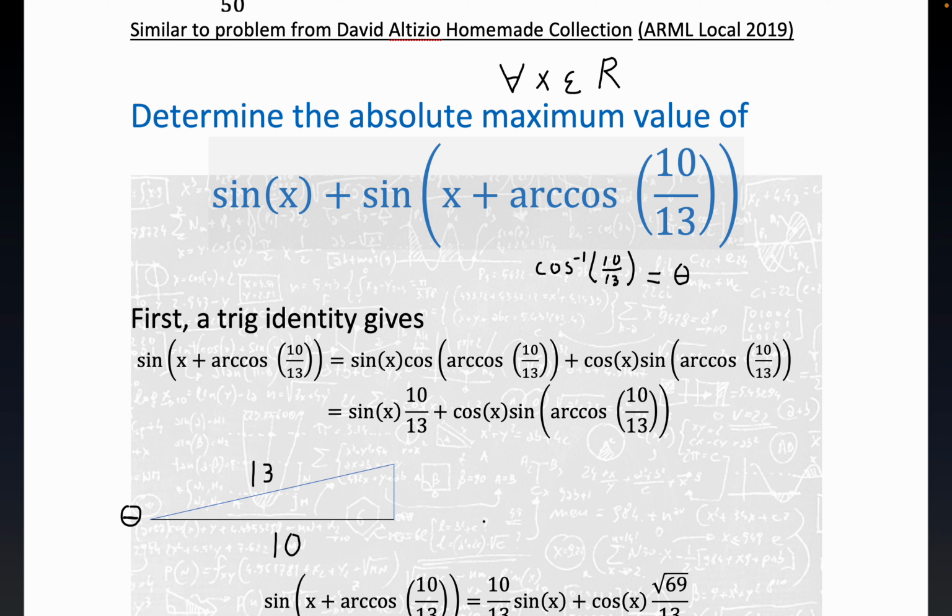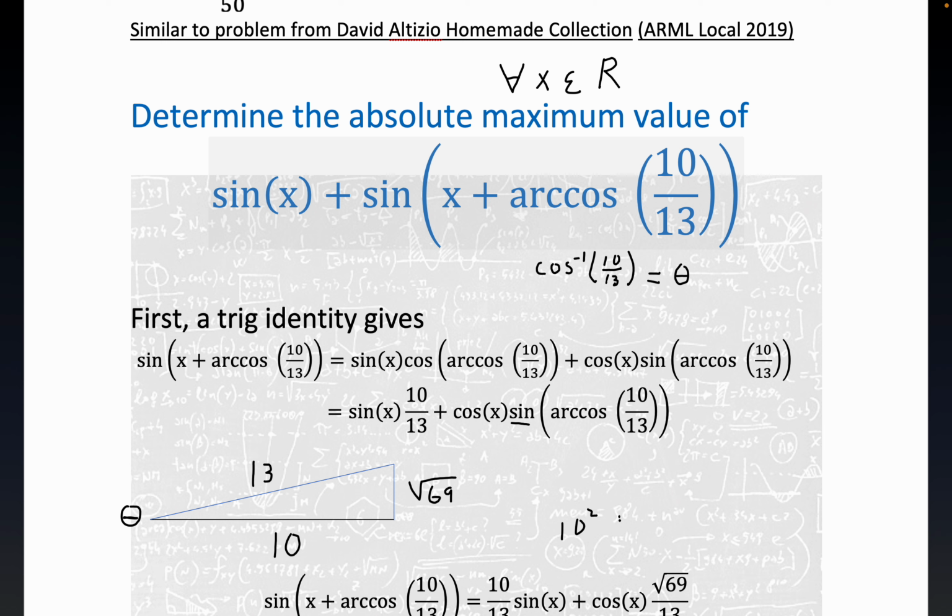Okay, but we want to know what sine of theta is. Okay, in order to see the sine, we're looking for the sine right here. We're actually trying to find the sine of theta, so we need the opposite side. And just a little bit of Pythagorean theorem here forces this to be the square root of 69, and that's because 10 squared